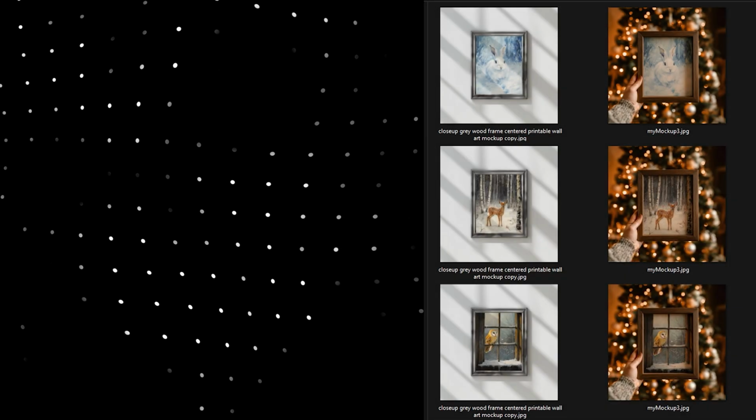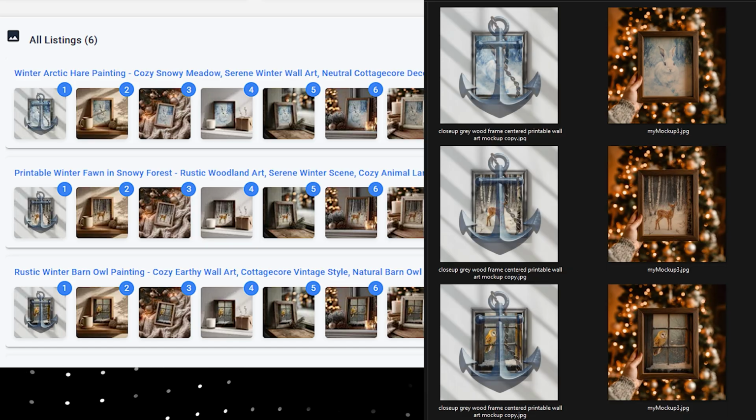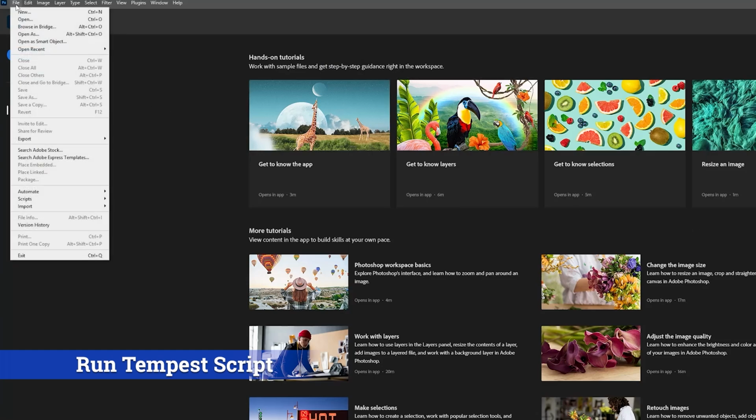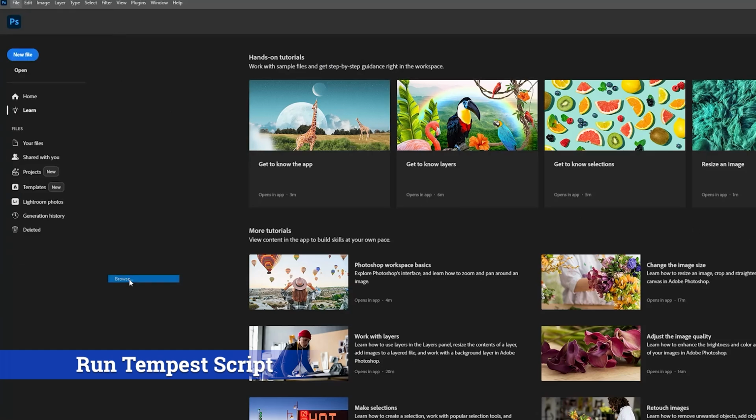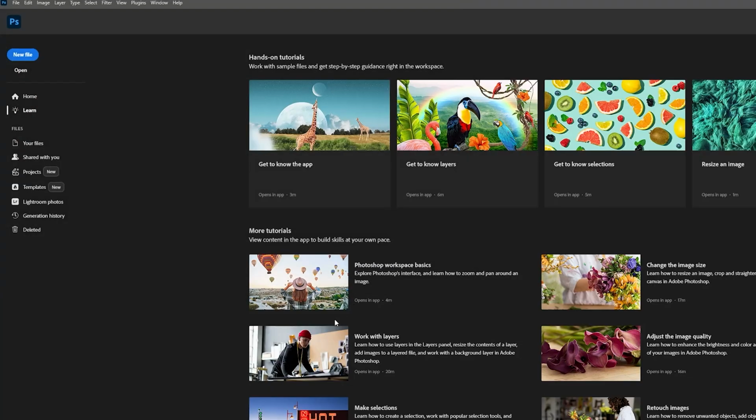If you think about it, we're just going from folders on our computer to matching listings on Etsy. So we need some way to connect the two. And that's what this anchor image does. So just throw in some mockup that you know is already on Etsy for all of these listings, and then run the script. So we go to File, Scripts, Browse, run it for our orientation,